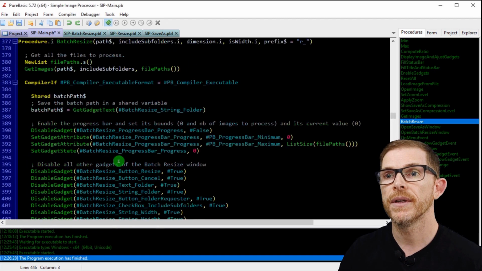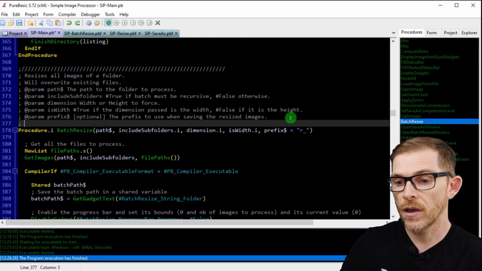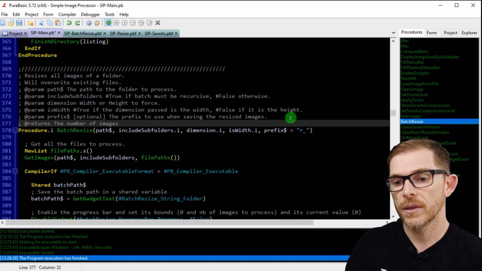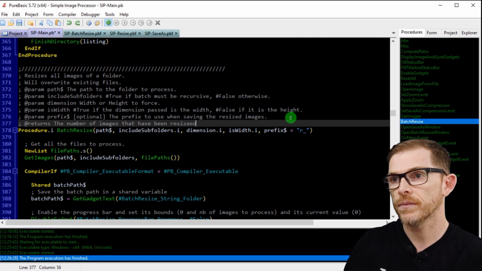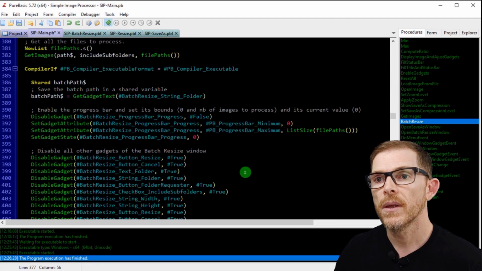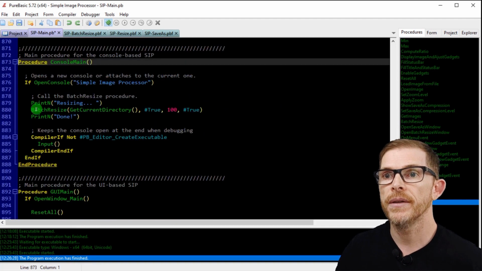Easy enough. And I can even add here a comment: returns the number of images that have been resized. Period. And in the console main, instead of just displaying done,